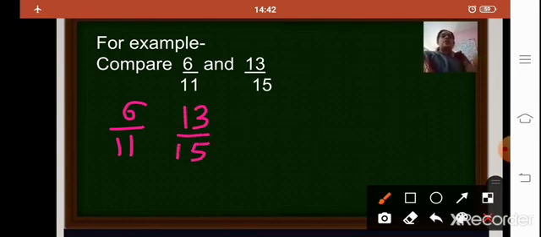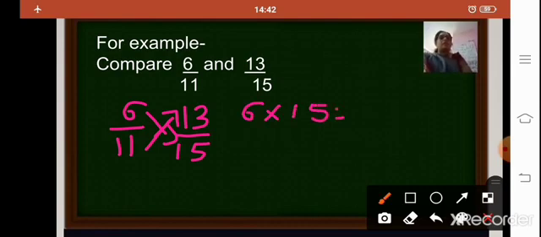The second step is you will cross multiply the numerator of the first fraction with the denominator of the second fraction, and again the denominator of the first fraction with the numerator of the second fraction. So here you will multiply 6 into 15. When you multiply 6 into 15, what is the answer you get? It is 90. And then the second product, that is 11 into 13. When you multiply 11 into 13, what is the answer you get? You get the answer as